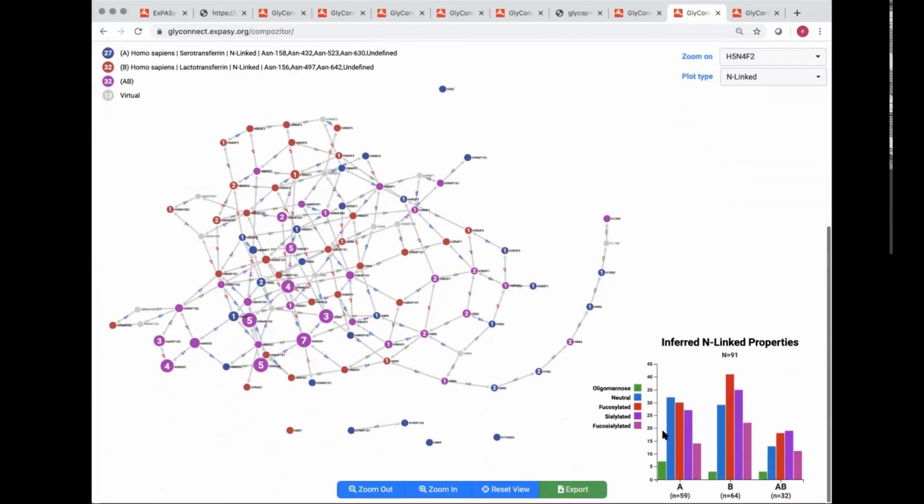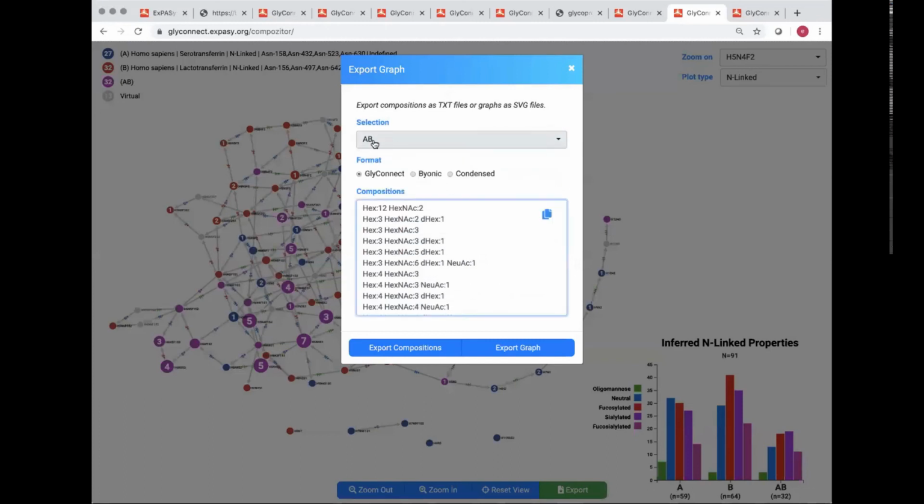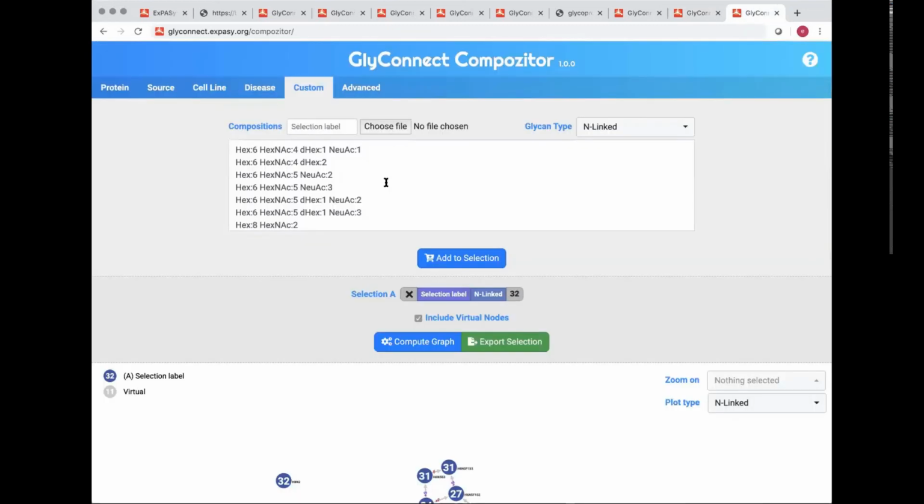You have the distribution here, and you can see it's a little bit different. What I have done is export everything that is common here. I can keep only what is common to the two, copy it here, and go to this. I've done it so that it doesn't take time. I've pasted all of that in the custom tab of GlyConnect, and we have our 32 common links, and